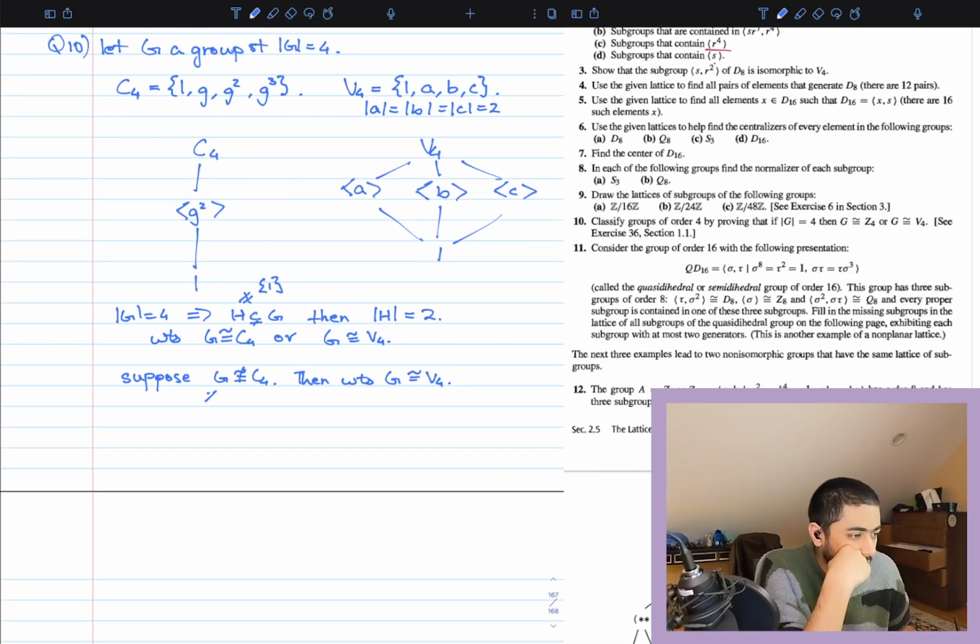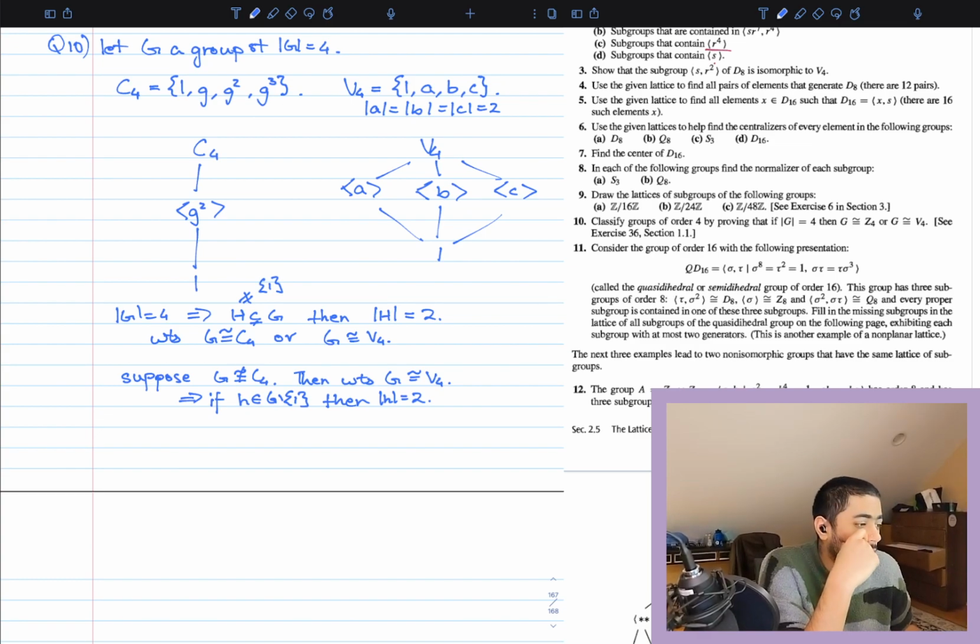So G is not isomorphic to C4, which means that if H is any element inside the group that's not 1, if H is any non-1 element, then the order of H has to be 2. Once again, this follows because